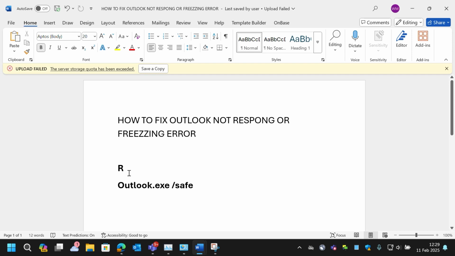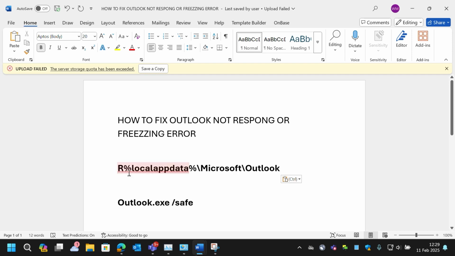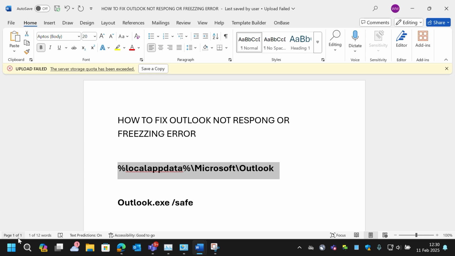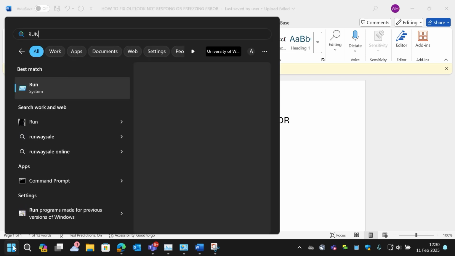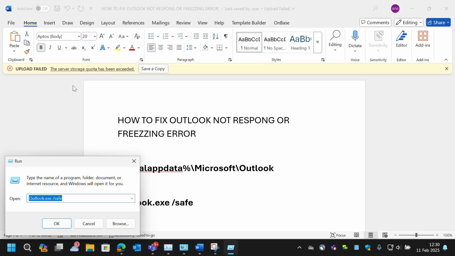Step number 2, you have to copy or write exactly this command, starting from the %localappdata%\Microsoft\Outlook. Then you copy it, open your run, then you paste it,